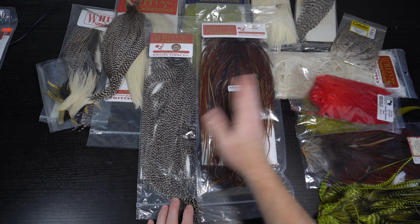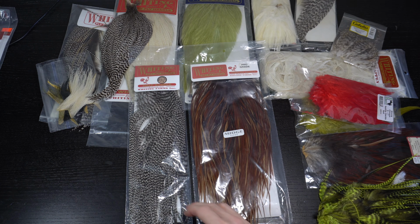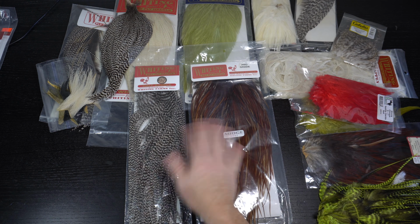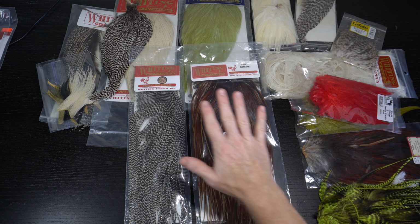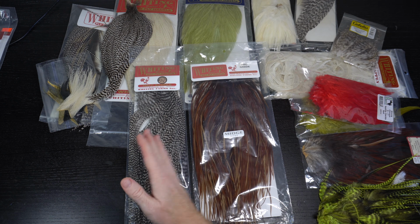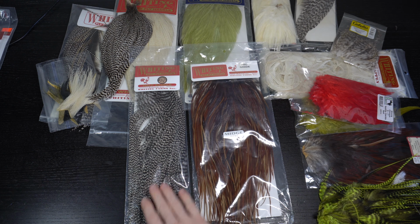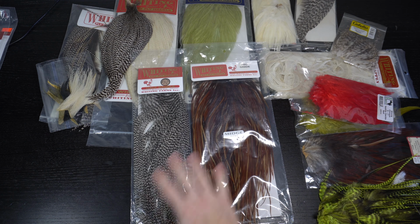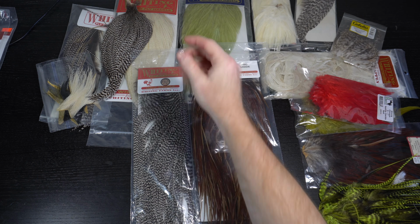So even though it's a half cape, it is a bronze. It's going to tie quite a bit more per feather. So I would say I get roughly around the same out of this one versus that one. But you can do half capes, you can do full capes, you can do non-midge or regular dry fly. But most of the rooster saddles,